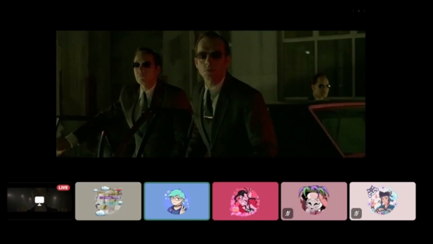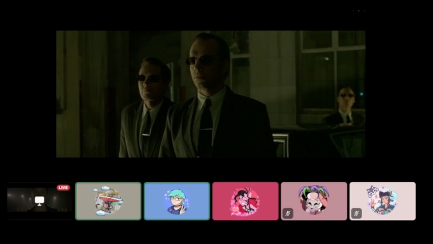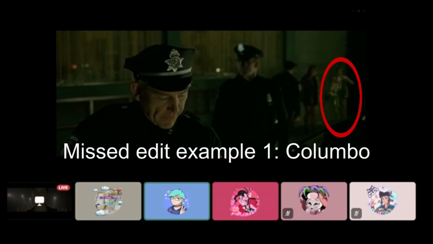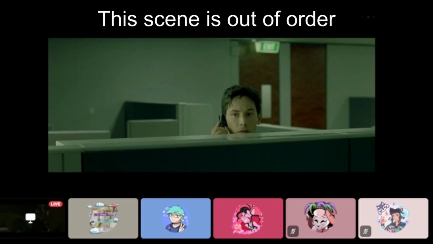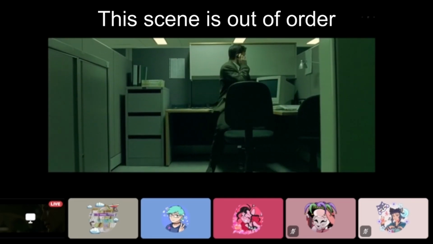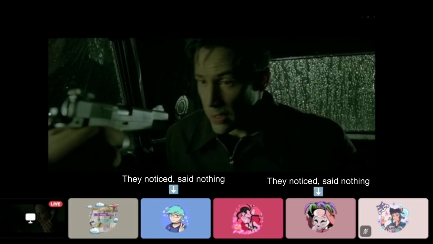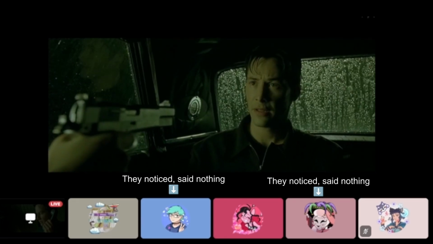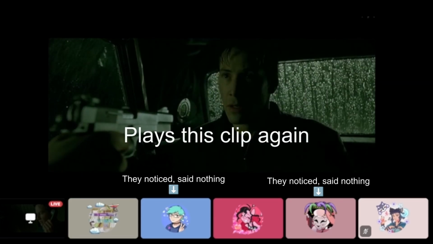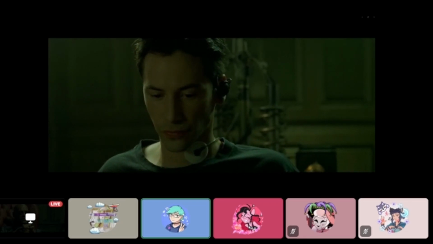Take off your shirt. What? Stop the car. Who's making the Switch sound effects?